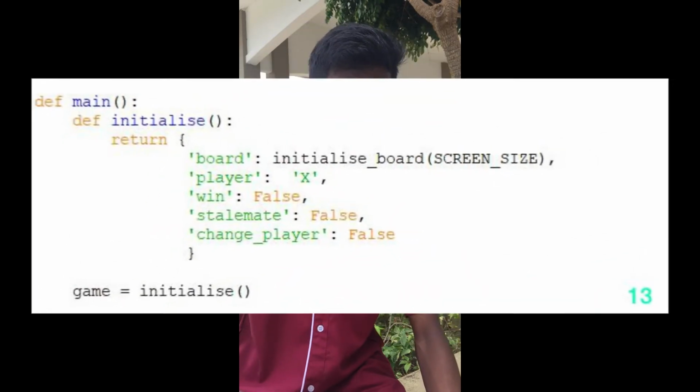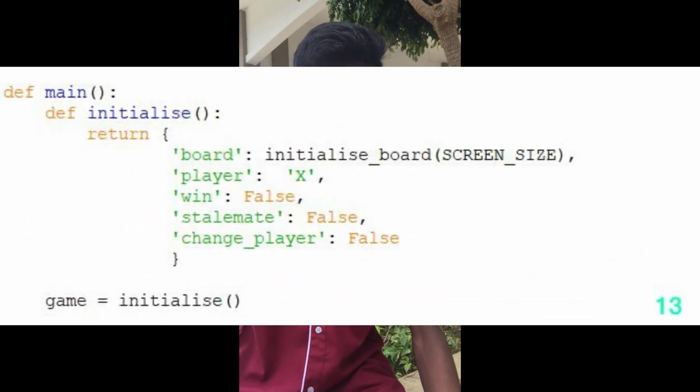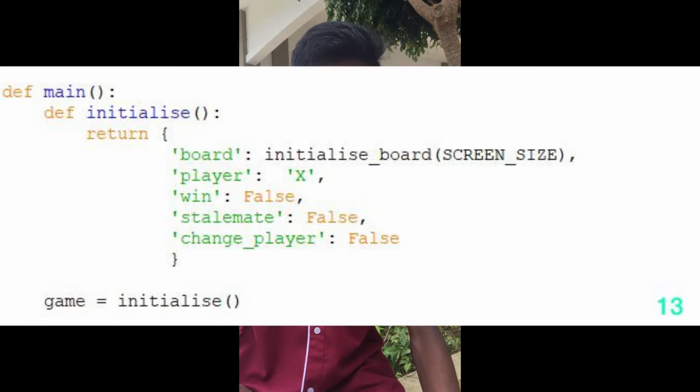Okay, the 13th block is also continuing to show the controls of the game. If you press number 2, the square labeled number 2 fills up with the letter X or O, while pressing number 3 will fill square number 3 with the X or O.